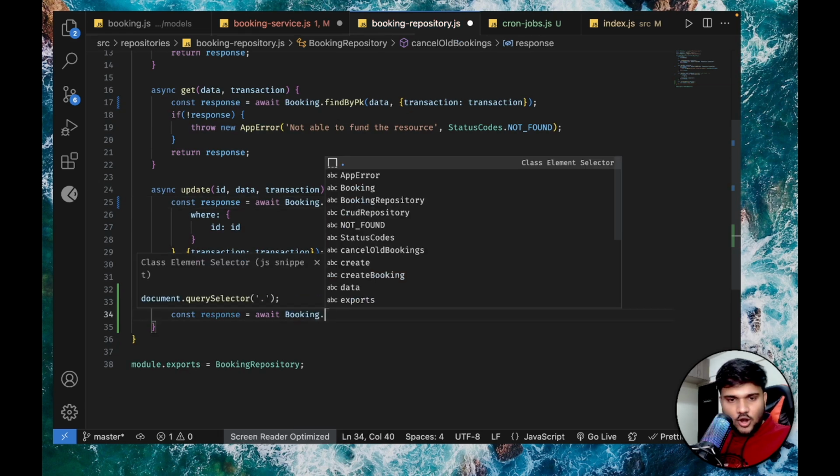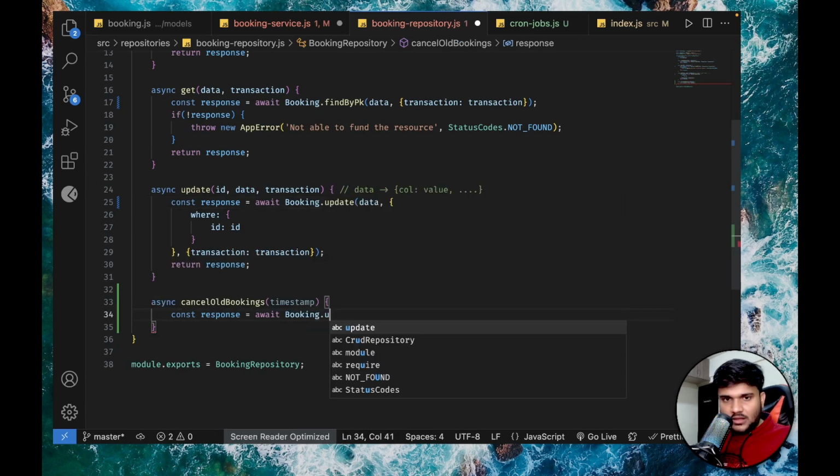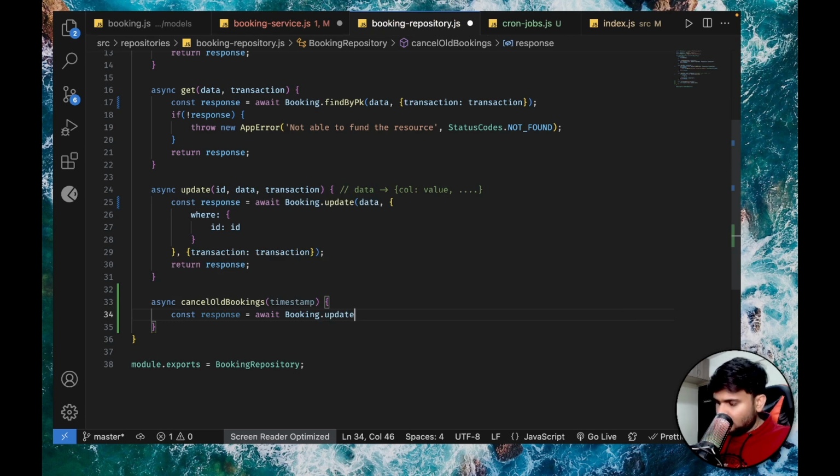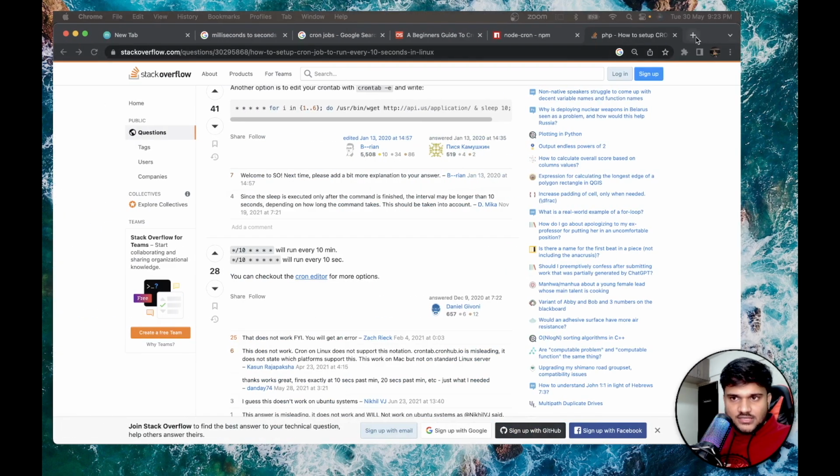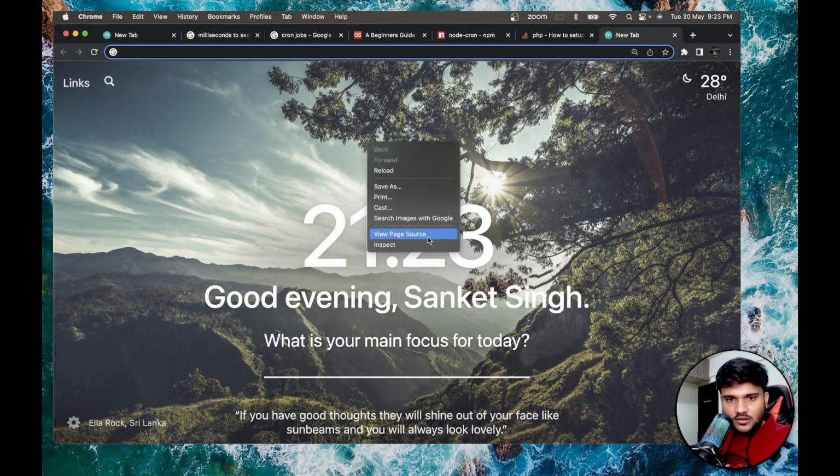We'll say booking dot update, right? Or let's first of all do booking dot find, right? Booking dot find, let's do booking dot find, and now we want to find all the bookings which are, if we compare them with respect to timestamp, older than 5 minutes. Okay, so let's see. If I do new date,